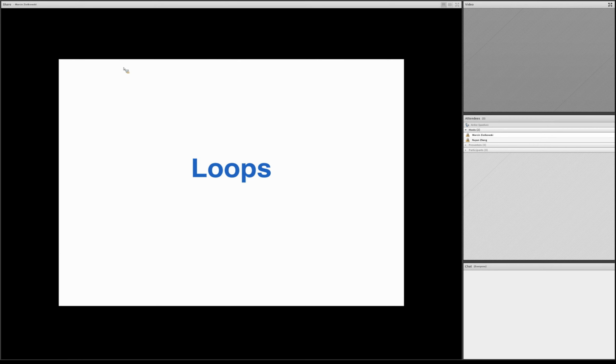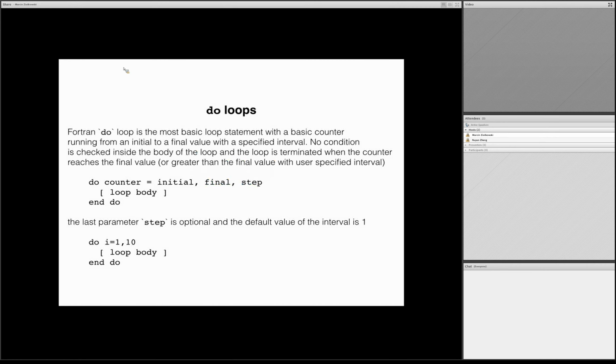All right, loops. The most basic loop is a do loop, and in Fortran 77 up to Fortran 90, we only had a do loop. We didn't have anything else. Other languages bring more loop statements. There is a do loop or for loop. There are while loop and until loop statements that are a little bit different. They're not based on counters. They're based on logical expressions, and they're either checked at the beginning or the end. Now Fortran has all of those, but it turns out that the do loop or for loop is the only thing you need. So to keep things simple,